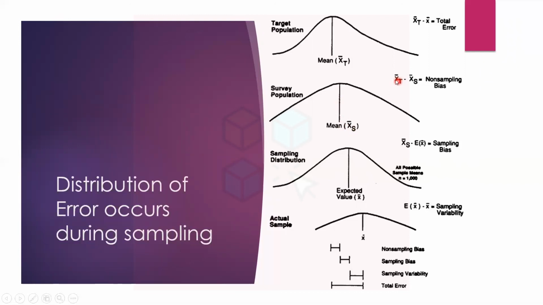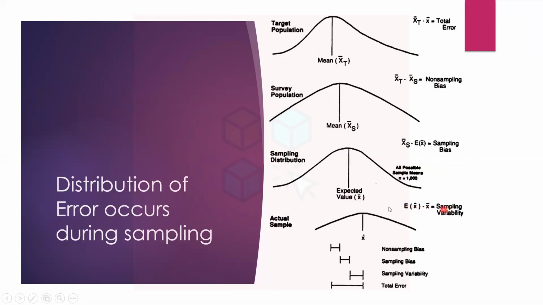And the difference between the true value and the survey mean is called the non-sampling bias. And then we draw a sample, and this is called the sampling distribution, and its mean is called the expected value of x bar. So the difference, the expected value of x bar minus x bar, is called the